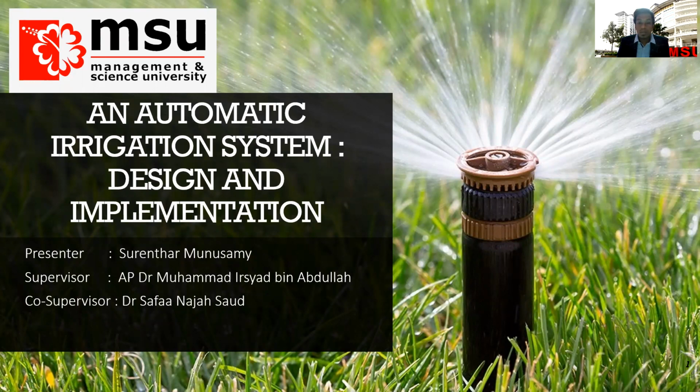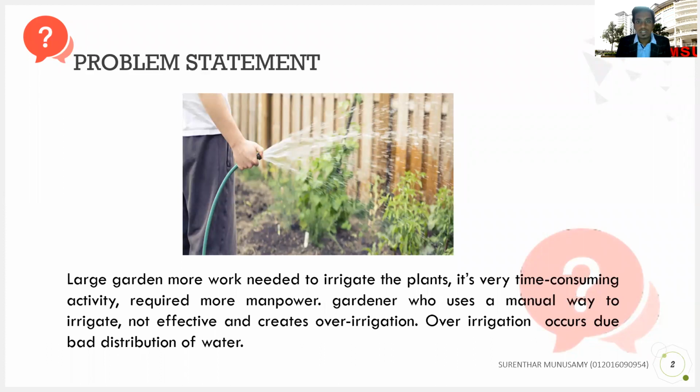In this paper, my project is about an automatic irrigation system design and implementation. In this presentation, I'm going to present more about my project. So, the problem statement. In a larger garden, whatever garden we have in our home or elsewhere,